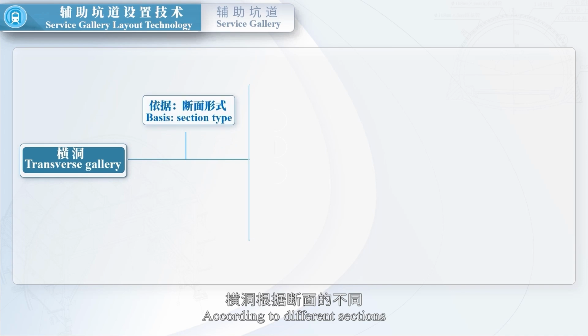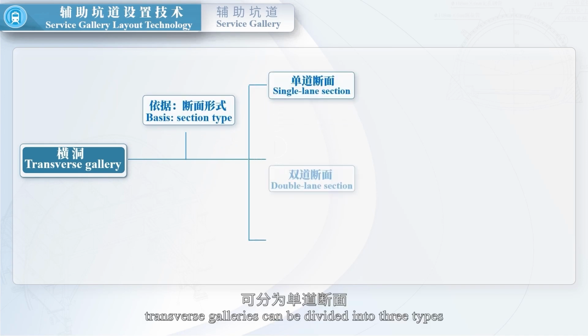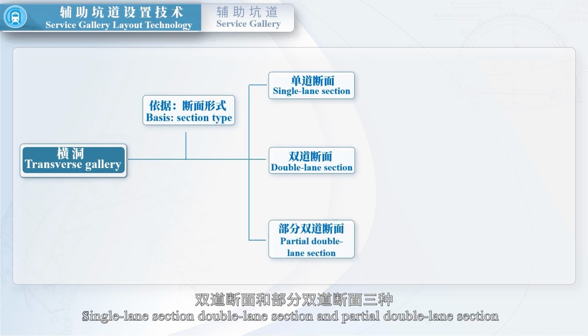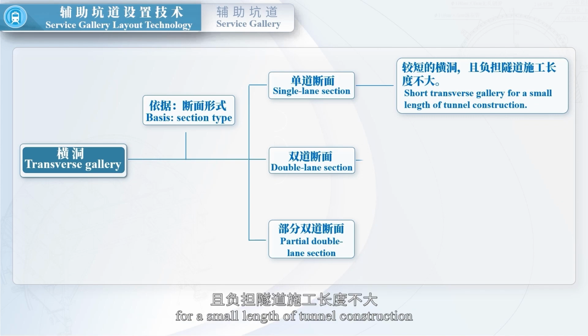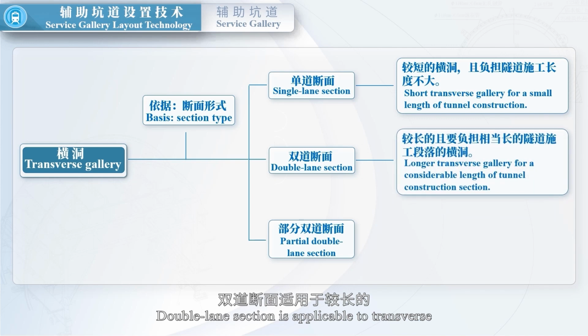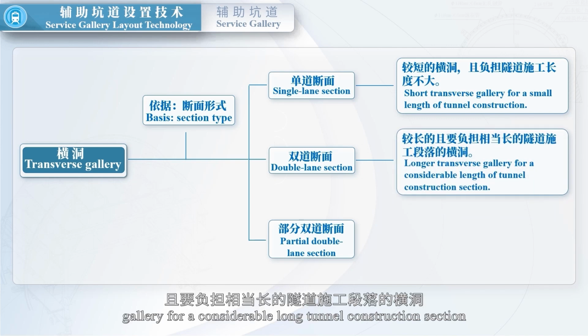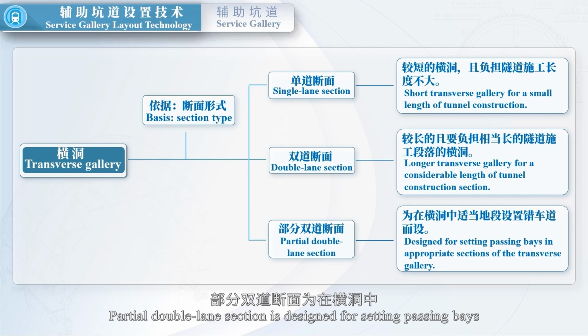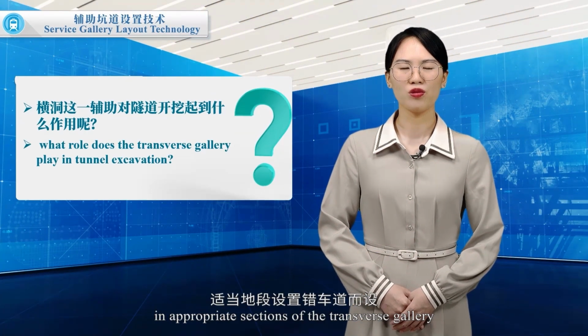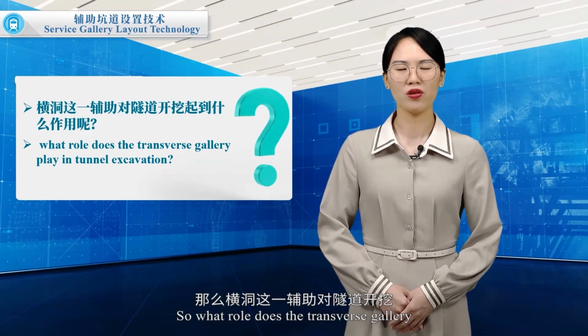According to different sections, transverse galleries can be divided into 3 types: single lane section, double lane section, partial double lane section. Among them, single lane section is applicable to short transverse gallery for a small length of tunnel construction. Double lane section is applicable to transverse gallery for a considerable long tunnel construction section, and partial double lane section can also be used. Partial double lane section is designed for setting passing bays in appropriate sections of the transverse gallery. So what role does the transverse gallery